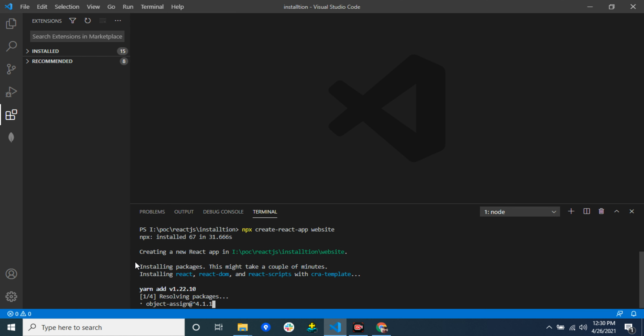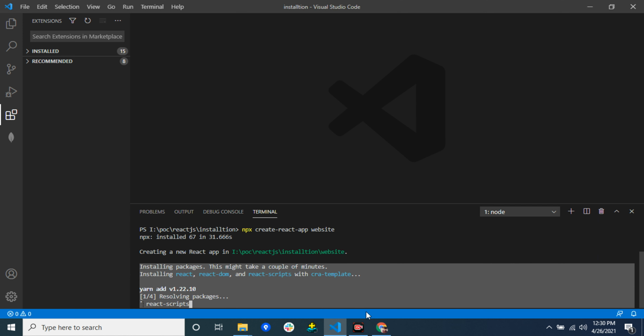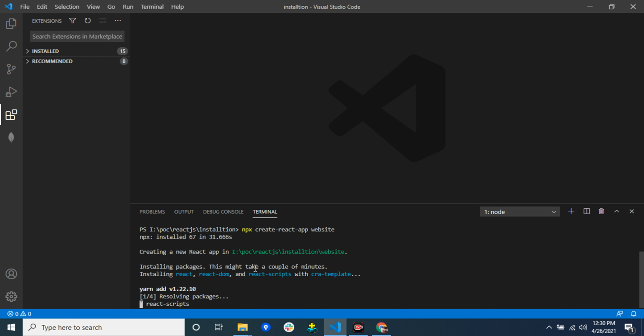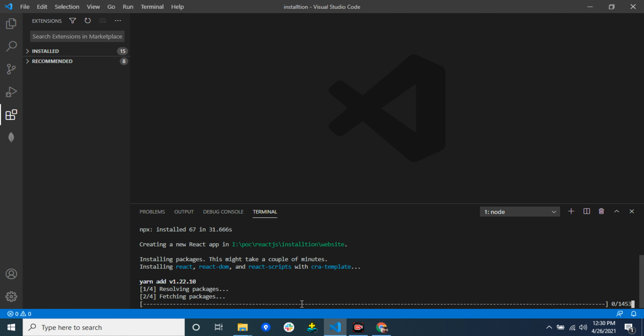And this is the installation of all the packages, removing the templates you do not use automatically.